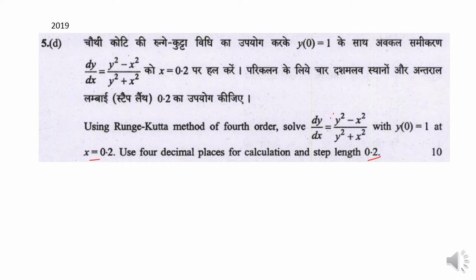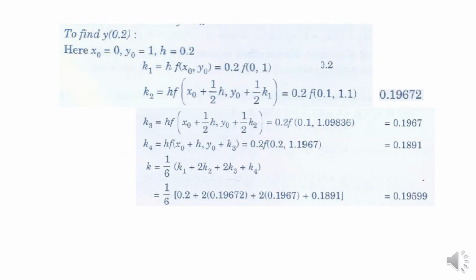So this is the formula. y at 0.2 we have to find out. x0 is given 0, y0 is given 1, because y at 0 is given as 1, so 1 is the value of y0. h is the given step size 0.2, k1 is the formula h f(x0, y0),